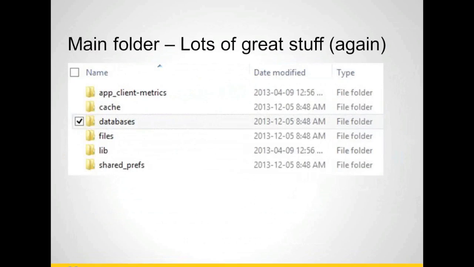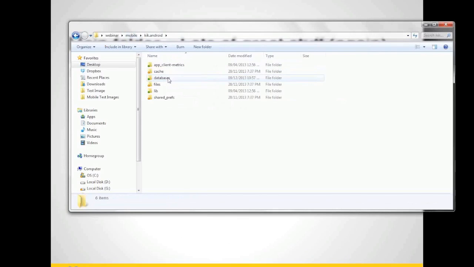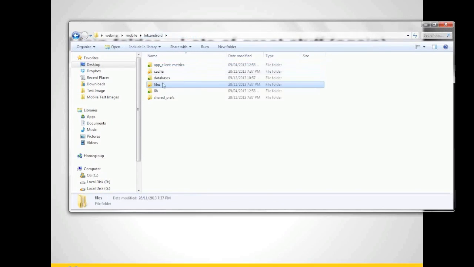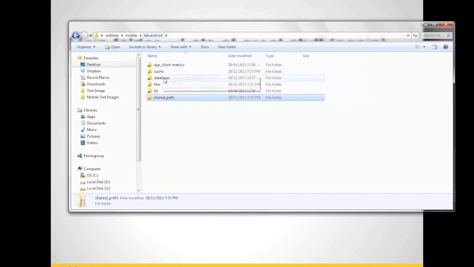So, some similar folder structures, lots of great information. We can jump over and take a look for Kik. We'll jump into the kik.android folder. We've got some thumbnails here, and you could have some pictures in the large folder as well. And then again, you've got some preference files, some XML files that have different user preferences and other metadata that